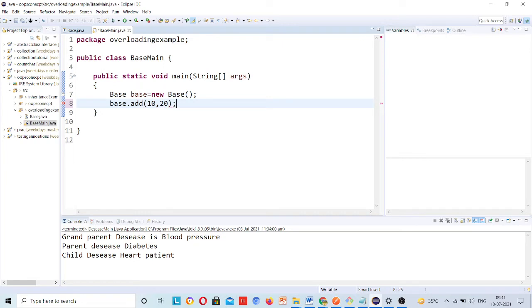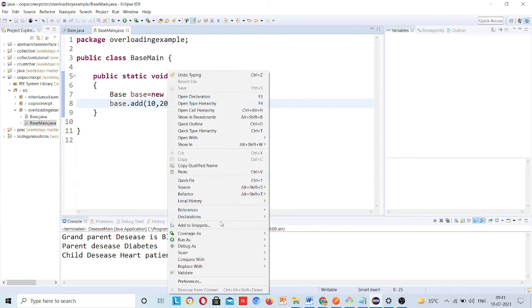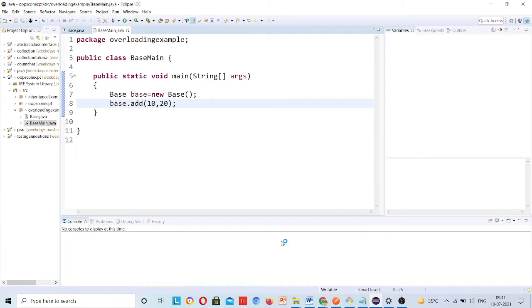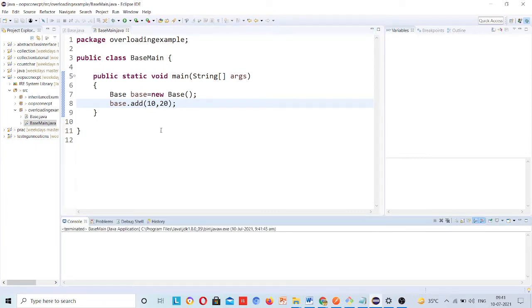Now save your program, and when I run this as Java application, you will see it is returning something.